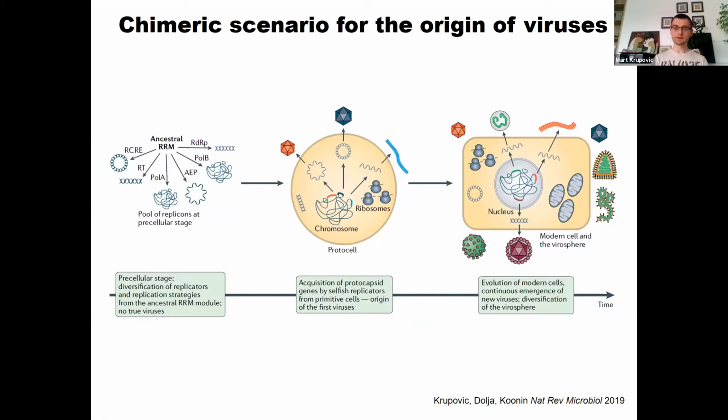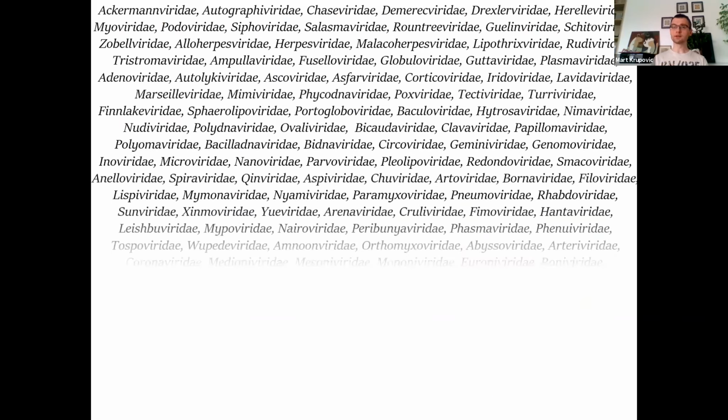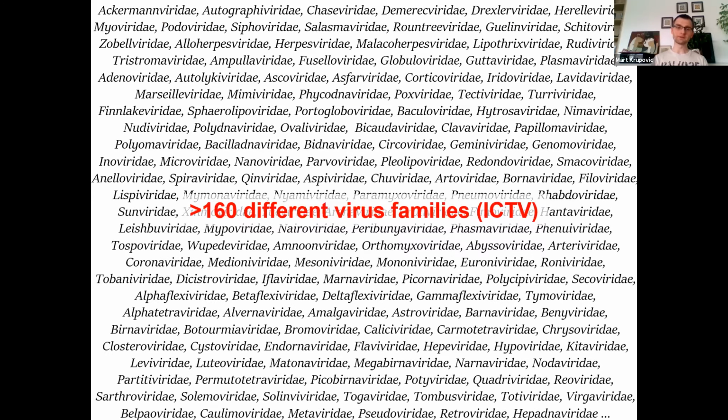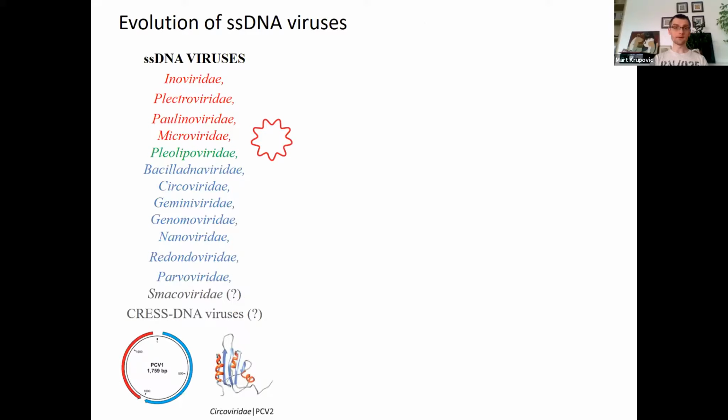Okay, so now let's look more closely at particular parts of the virosphere. Now that we have this general framework of how viruses have originated, and currently ICTV classifies the virosphere in more than 160 different virus families, many of which are seen on this slide, let's try to look more specifically. Let's start with the simple viruses, single-stranded DNA viruses, which,